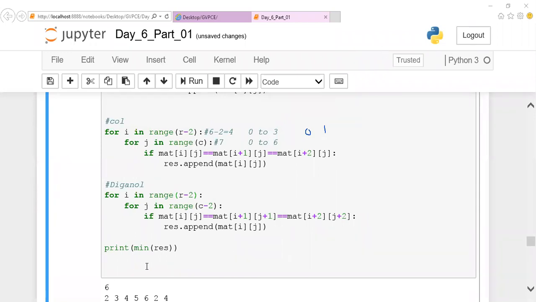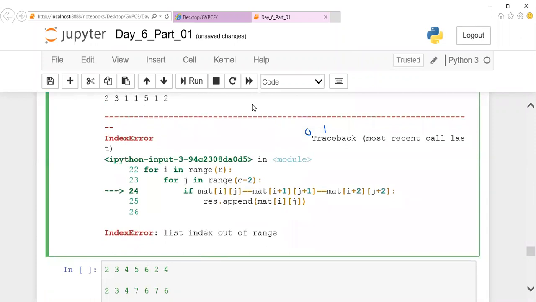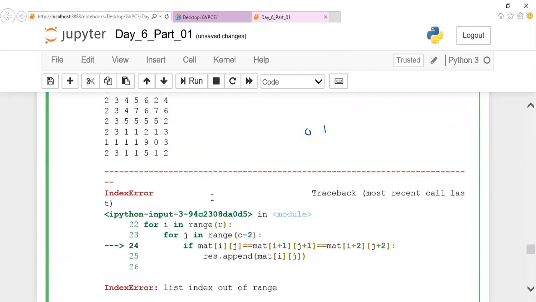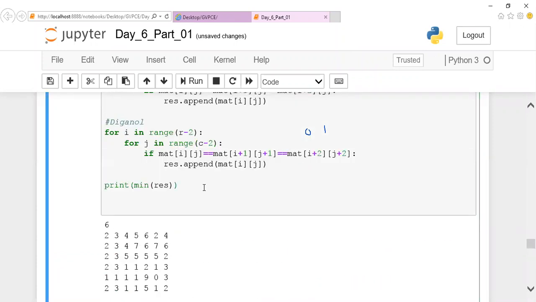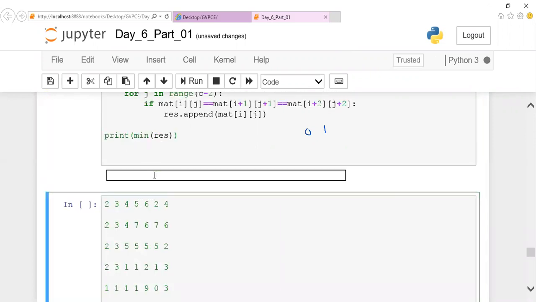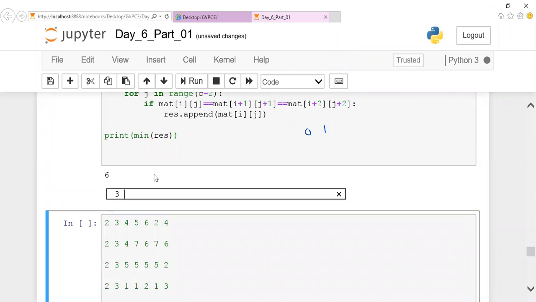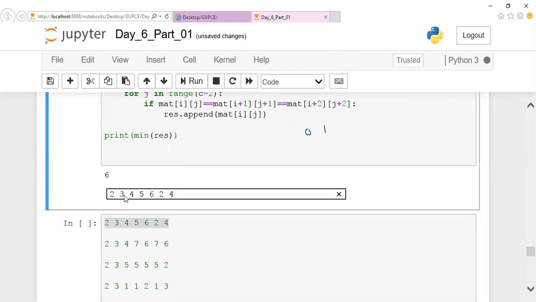Okay. Sorry guys, you're supposed to execute again since column minus 2 was not given. You're supposed to execute only till column minus 2. If you don't, it will show index out of range. Okay. So we'll execute again. 6 is your m value, followed by 2, 3, 4, 5. Okay, let me do one thing. I'll try to copy paste line by line. It may save some time.